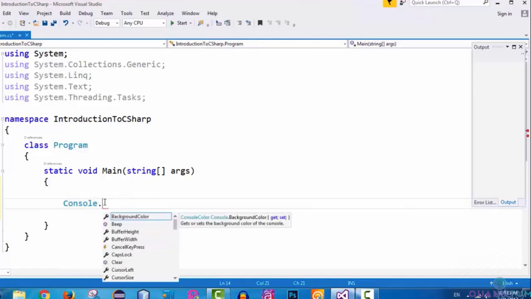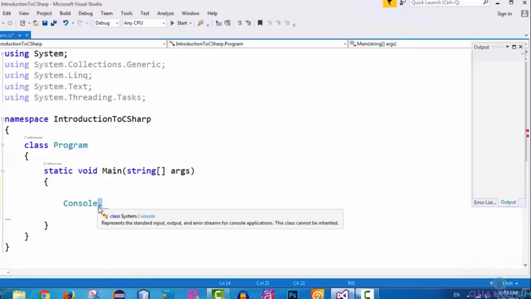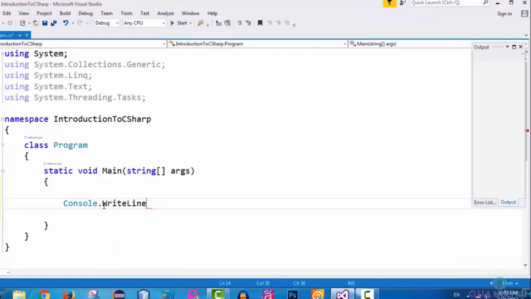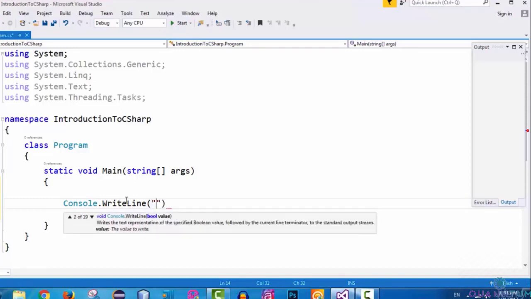Look at this Console here. Console dot. We can access the methods or properties of the Console class by using the dot notation, the dot operator. So I can say Console dot, for example, Write, with capital W, WriteLine. And then I put a pair of parentheses here, and inside the parentheses I want to create a string value. I'll talk more about strings later. For now just put two double quotes here, okay? It says writes the text representation of the specified boolean value. Don't worry about these